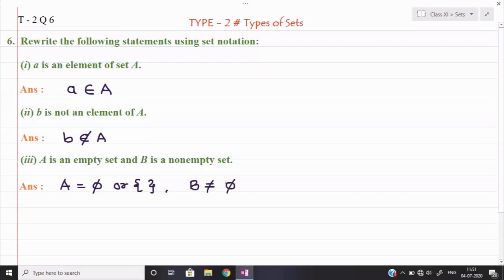So students, we have finished all the questions of type number 2. In that we have seen the different types of sets we have covered: finite, infinite, equal sets, equivalent sets, empty set. So many types we have covered today. I hope it is clear to you. Next time we shall study some more methods of sets. Now slowly we are going into the depth of the topic. Whatever we are studying will be useful for you in other chapters as well. So next time we shall see some more types of sets.